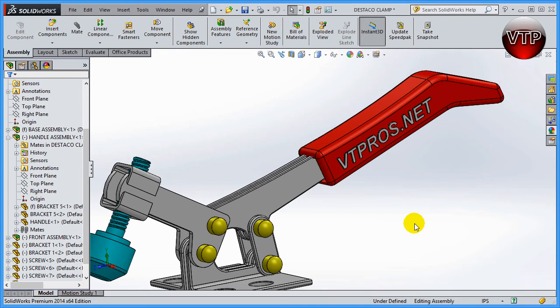Welcome back. In this session, I'm going to show you something new to do in the assembly mode, and that's editing features in assembly mode. Editing features is a very nice feature to use, especially if you want to make, for example, an extrude cut that's going to go through multiple parts without having to open up each part on